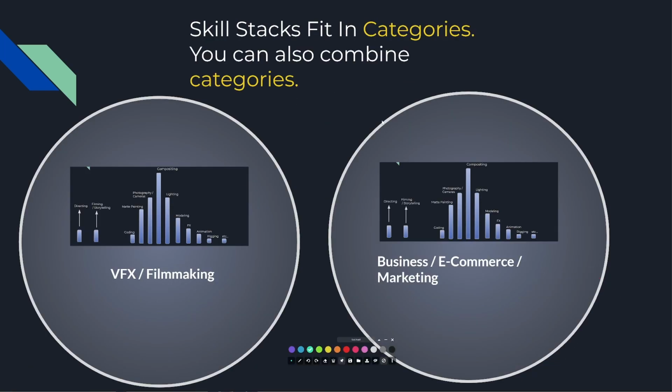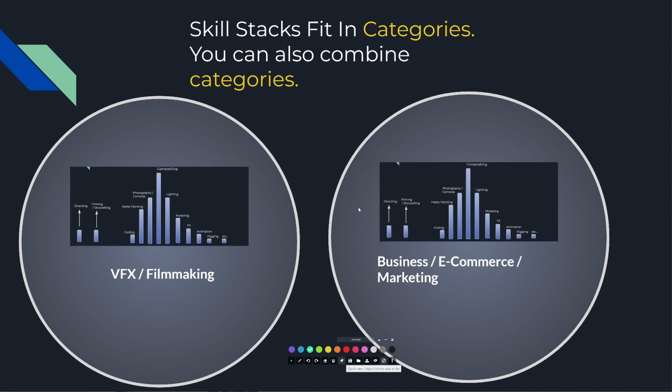With each skill stack, you can put them into different categories, which is a good way to mentally store what your skills are and think about how they can relate to each other. If I was looking at different skills like VFX and filmmaking, I might group those together versus business, e-commerce, and marketing, which obviously I have to do running Compositing Academy. I have to know how to do these things. Otherwise, I can't keep creating value for people. Those are two different skill categories, but if you combine them, you have a unique result that otherwise you might not have.